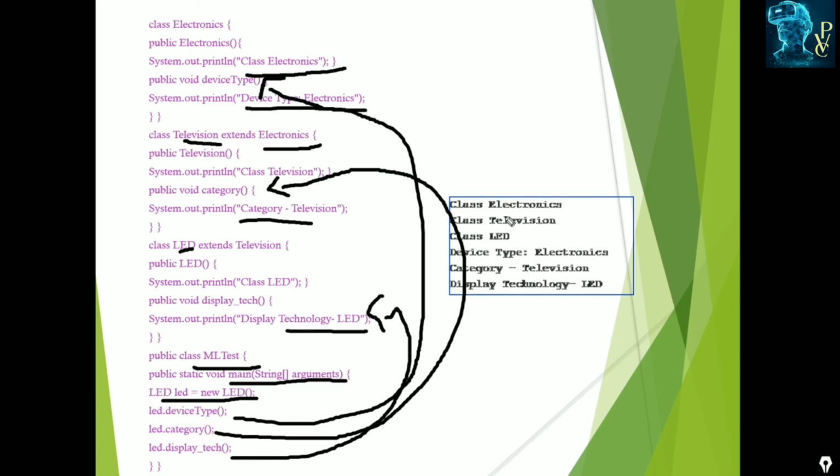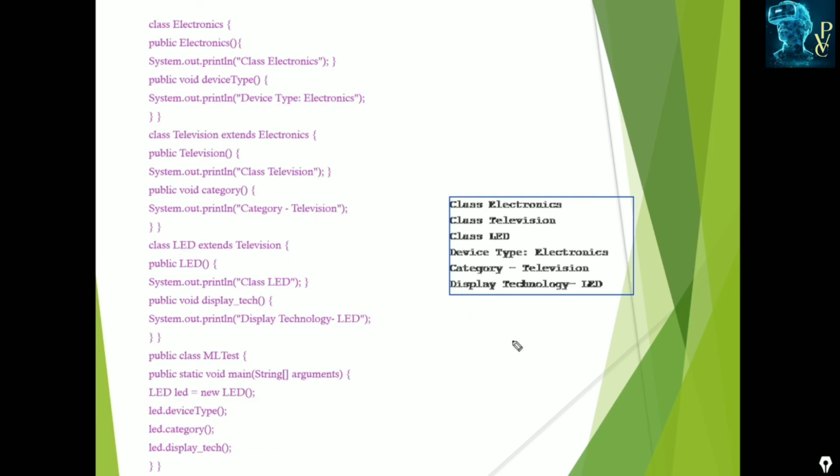When we create the object, the constructors are automatically invoked, and when we call the methods, they invoke and display their print statements like this. So we have observed that in multi-level inheritance we have three levels only.